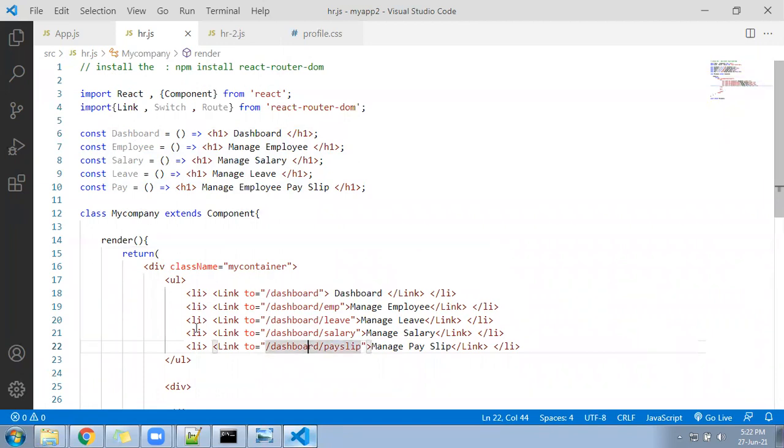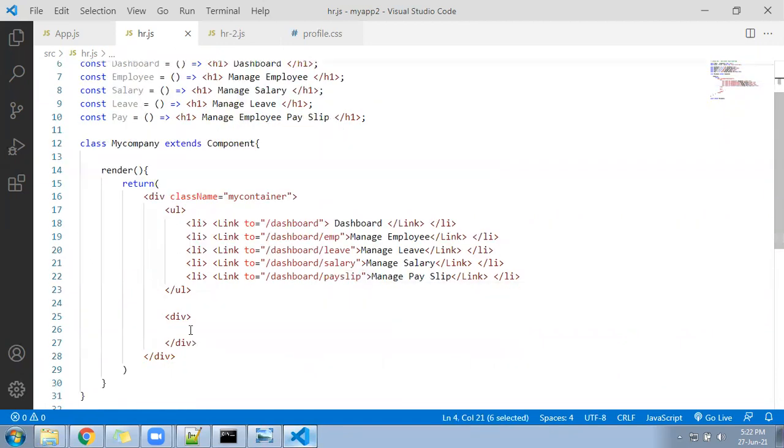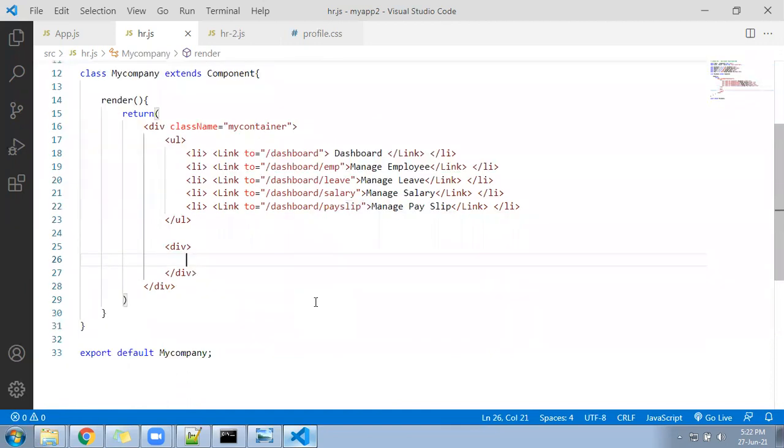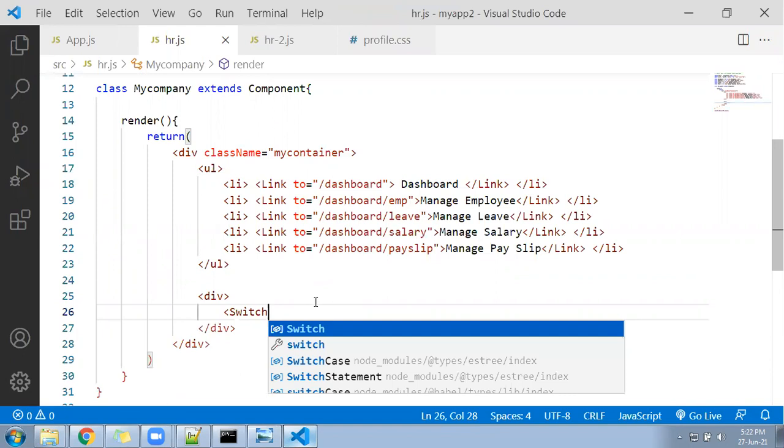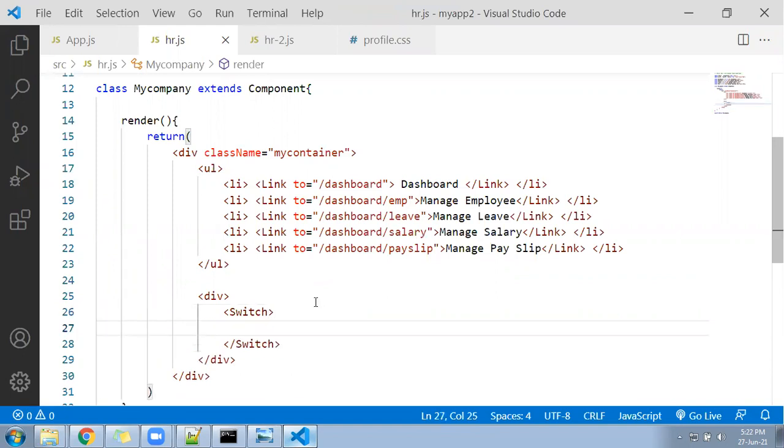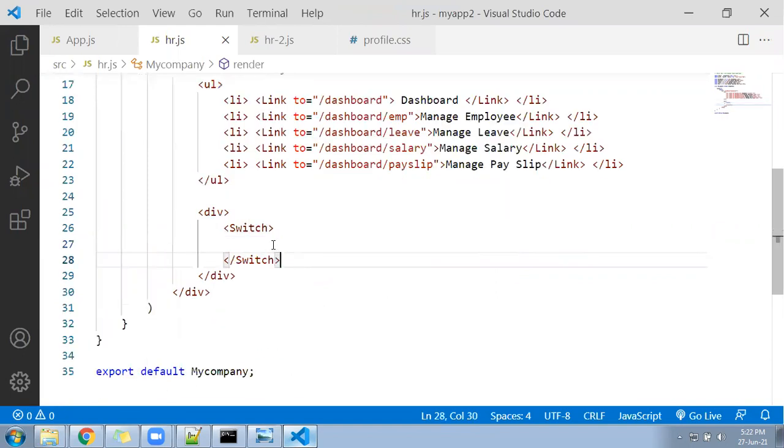Now I will use the switch inside this division. Under the switch we need to add the condition. What is the condition?